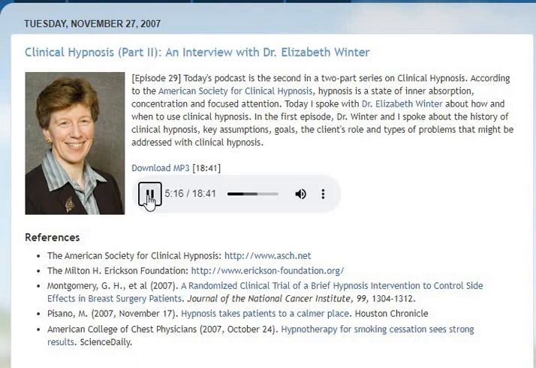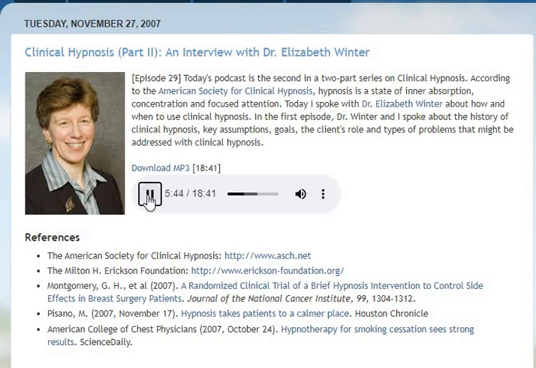So, probably the one that people are going to be most familiar with is fixing their eyes on a particular object, which need not be a watch and it need not be swinging in front of one's face. I will say that quite categorically now. But there is something called an eye fixation technique, and this is one of what is known as the formal inductions. And when I talk about using hypnosis and what is ethical and what's appropriate, I'm really talking about this sort of formal induction of hypnosis.